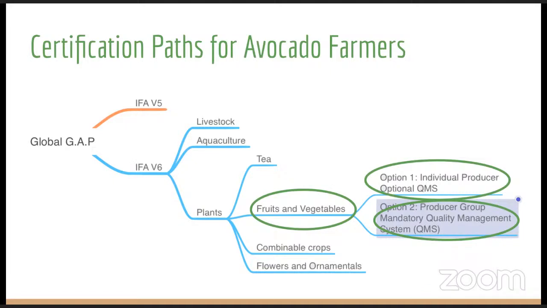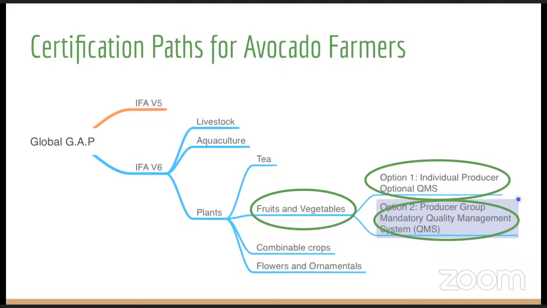So they gave some time for that to transition over to version 6. The other thing, once you zoom in, okay, I'll pick version 6, what now? Global Gap covers more than, I know we care about avocados, but it covers essentially everything that comes from a farm that's going to end up on a consumer's plate.